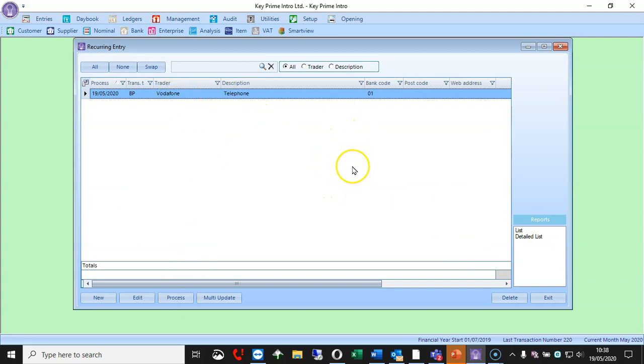What we need to check here is that you have processed all of the ones up to your year end, because you won't be able to process them in the new year. So if you are using this section, just please come in here. You might have an old hire purchase agreement that is finished, so you need to get rid of it. So under recurring, they can be for fixed amounts of money or variable amounts of money. But if you are using this section, you do need to make sure that all of these are processed up to your year end or removed.